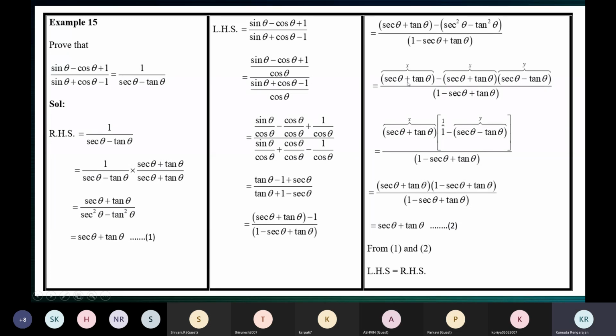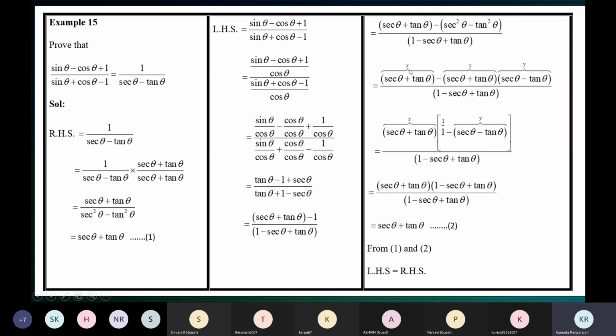Now here, children, look at this one as x. Look at this as x because they're the same, right? Secant theta plus tan theta, secant theta plus tan theta. You don't have to write all this. This bracket, xy and all that, you know that you don't have to write all that. I've just used it for explaining. So this expression is x. We have the same expression here, so we call it x, and something else here, so we call it y. These two are the same, so we've called it x. Secant theta plus tan theta. This is also secant theta plus tan theta. So I've called it x and x. This is different, so call it y.